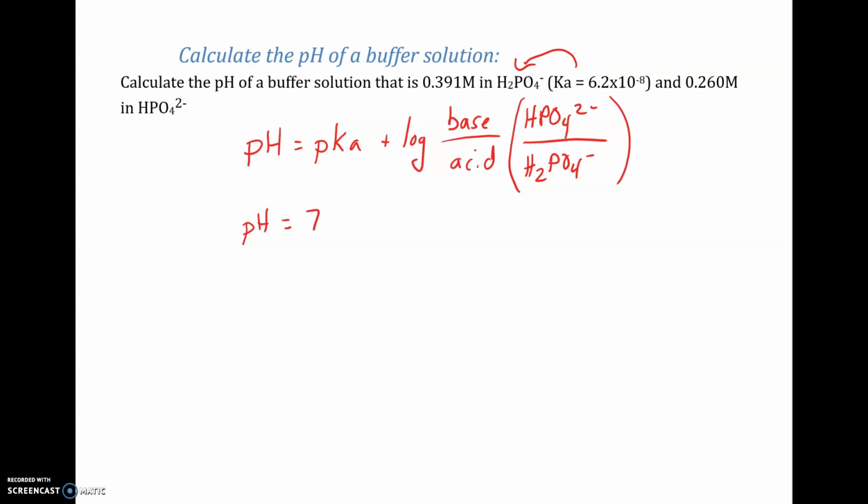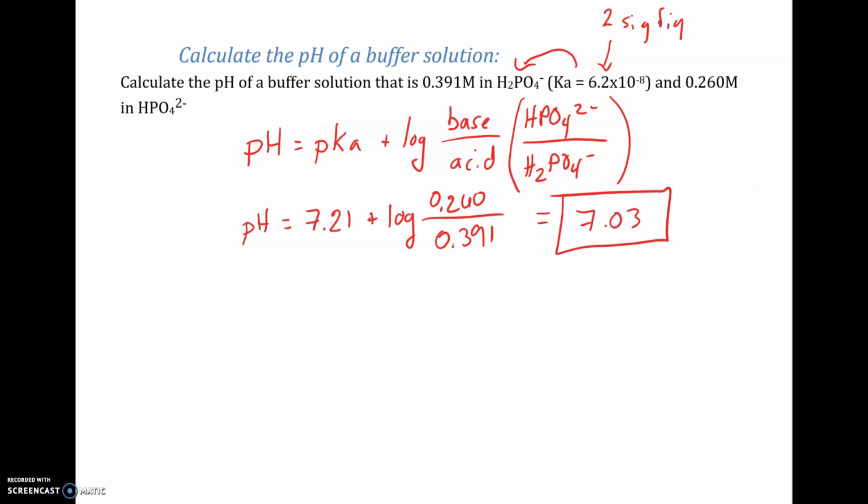The way I do that is I enter this value and hit log, and then make that value negative. So I got 7.21. Now why is it 7.21? We had 2 sig figs in that Ka value. So the 2 sig figs, that's going to correspond to 2 decimal places in the pH. And this is going to be plus the log of 0.260, that's my base, over 0.391. That's my acid. And so I'm going to do the division and take the log, add it to 7.21, and I get